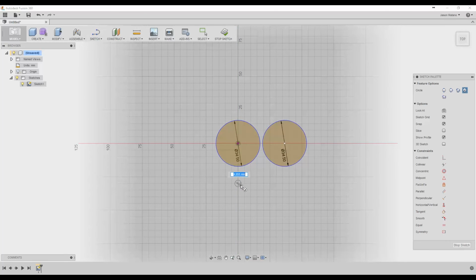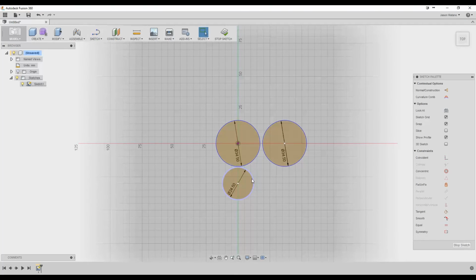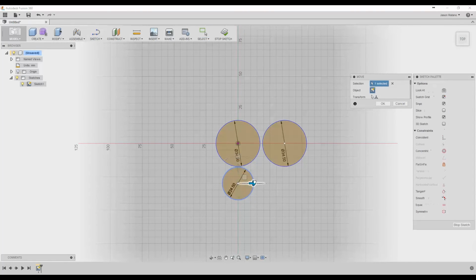The common 18650 atomizer is 22 millimeters wide, but tanks and other atomizers get a little bit wider. So let's give it 24.5 millimeters. That seems to be a pretty good width for an atomizer holder. Now, I want to make at least 2 of these. Copy and paste, and if we move this over 36.5 millimeters,